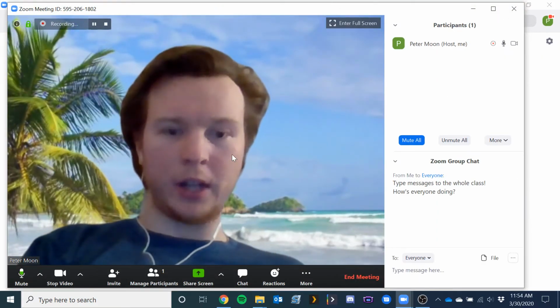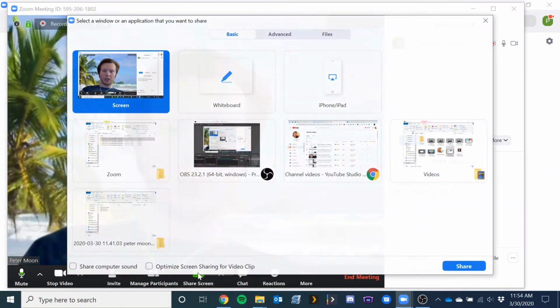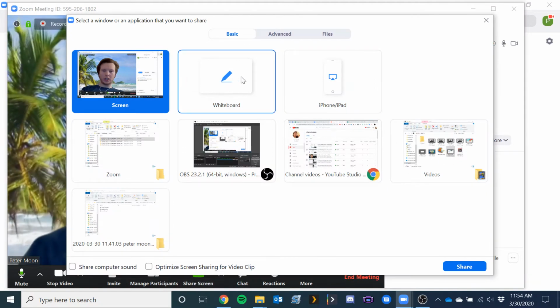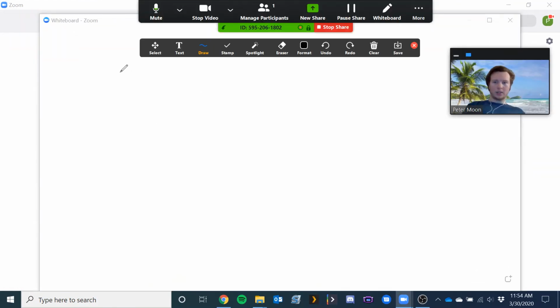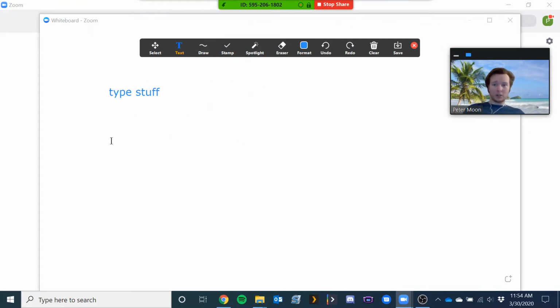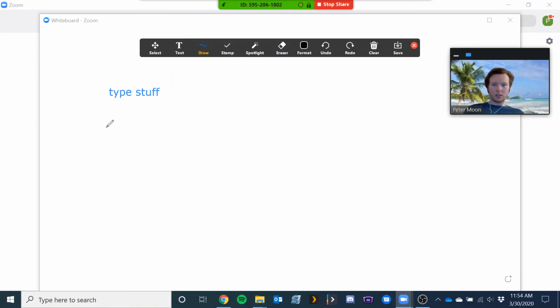And what I'm going to do now is I'm going to show you a different thing you can do on the share screen. So let's share screen again. And this time we're going to go to Whiteboard. So the Whiteboard actually brings up a space where you can either type stuff or you can draw stuff. And the advantage of this is, depending on the device you're on,